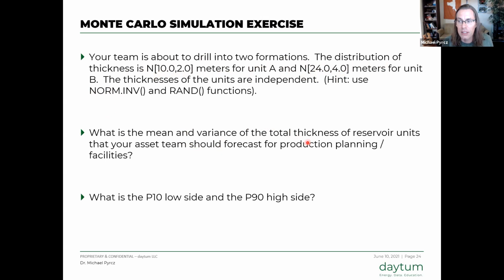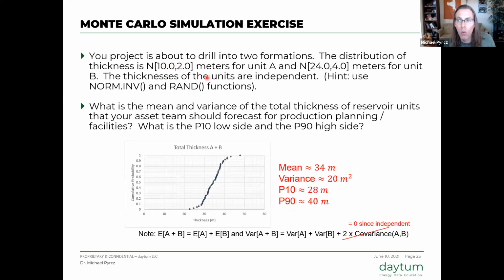What is the mean and variance of the total thickness of the reservoir units? So I'm giving you a very simple example, but then I'm asking the question, what is the P10? Now, this is a percentile P10. If you work with ExxonMobil or a variety of other companies, that's P90 for you, the low side. And you could also have the high side, the P10, P90, depending where you work. So these are really useful. If you want to do it, you can do this calculation very easily. You could do it in Excel. You could do it in,